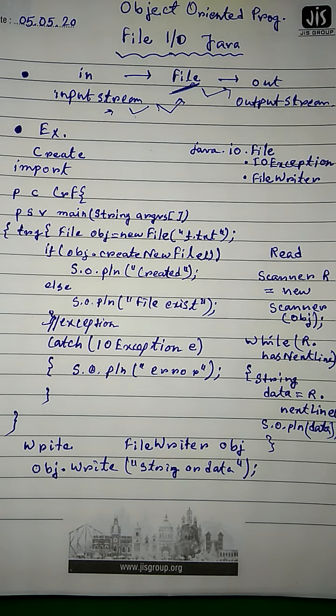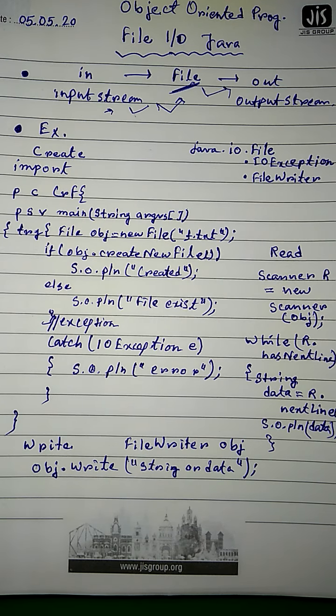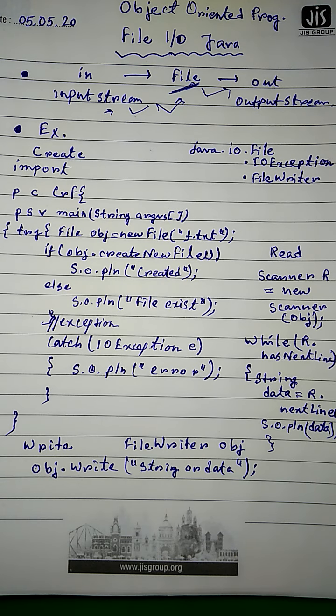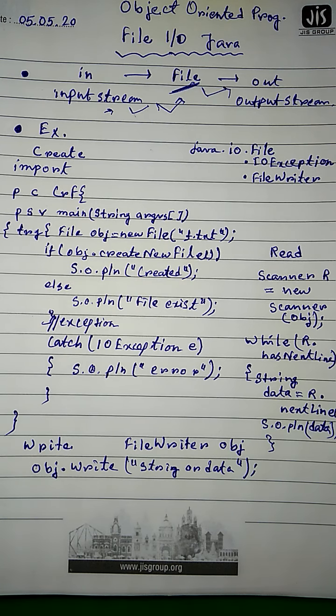There are basically two kinds of stream, input stream and output stream. Already I have discussed: the input stream is used to read data from the source, and the output stream is used to write something onto the destination. Java provides strong but flexible support for I/O related to files, and that can be distributed on the network also.